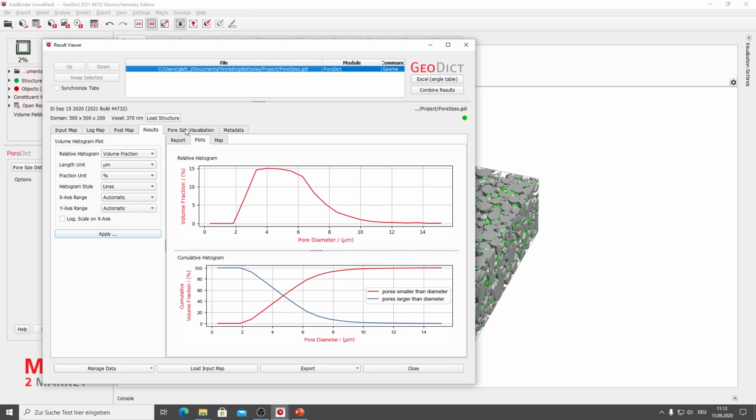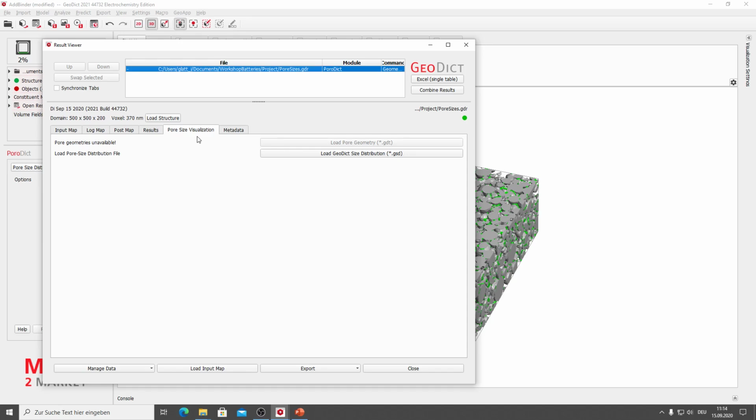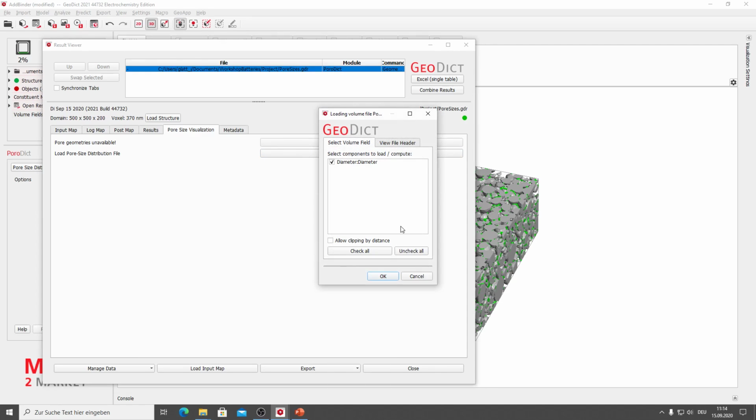If you want to have a look at this in 3D now, just go to the pore size visualization tab up here in the result file. And then you see here is the GSD file where we checked the box before, and you can load this. If you click on that, you get a pop-up window again, and you can just say OK.